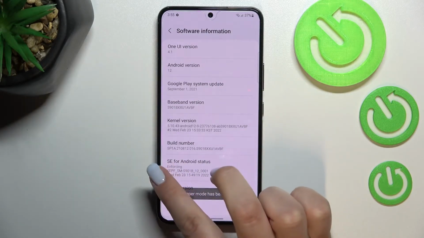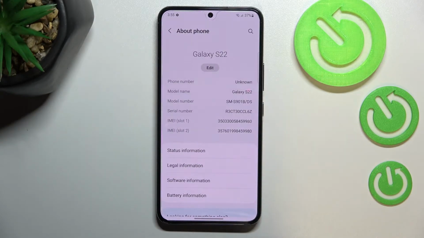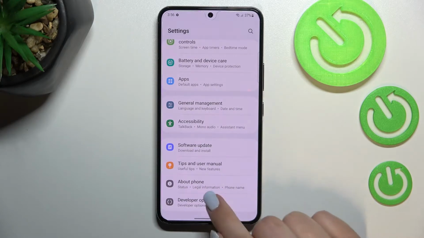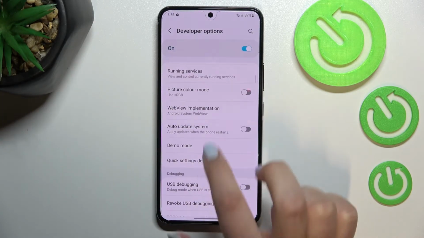So if you've got any kind of screen lock, like the pattern, PIN or password, then your device will ask you to enter it in order to confirm the whole step, because the developer options are quite advanced. So after activating them, we have to get back to the general settings and scroll down again. Now let's enter developer options, and all we have to do right now is to simply scroll down to find